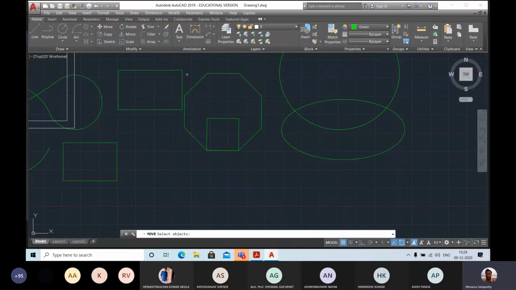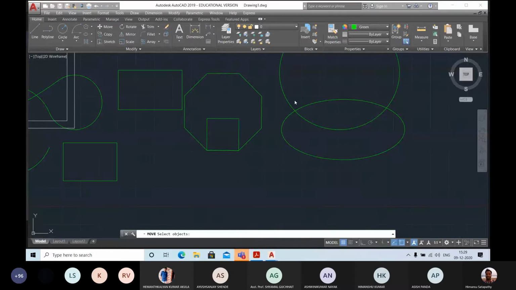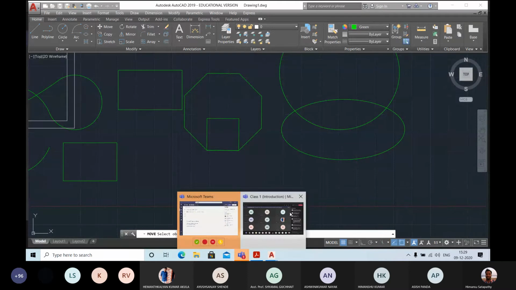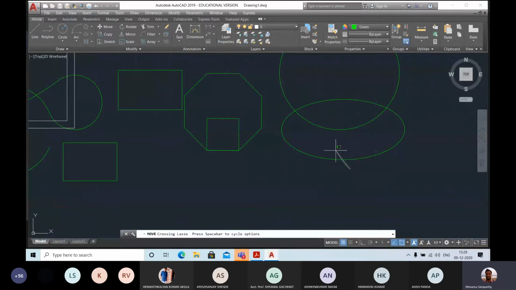If you want to move, please remember, in case of a modify command, after selecting the object, you have to press the enter button.